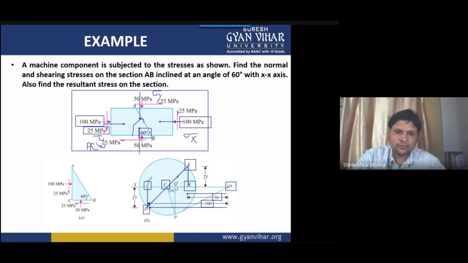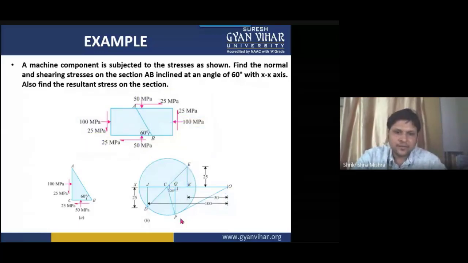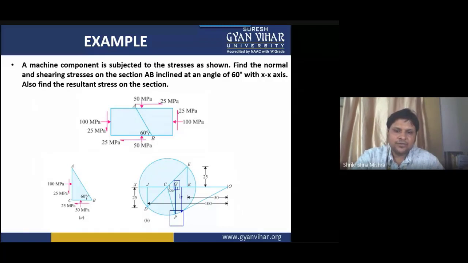So in the same manner we will move from E in this direction, right? And the line you are going to draw CB by taking the angle of 120 degrees. This point P, students, is the point which is finally required to be drawn. After this point P has been attained, we will draw a vertical line through this point P. We will draw this PQ line. All right, you measure this PQ length, this will give you the value of tau, the shear stress.